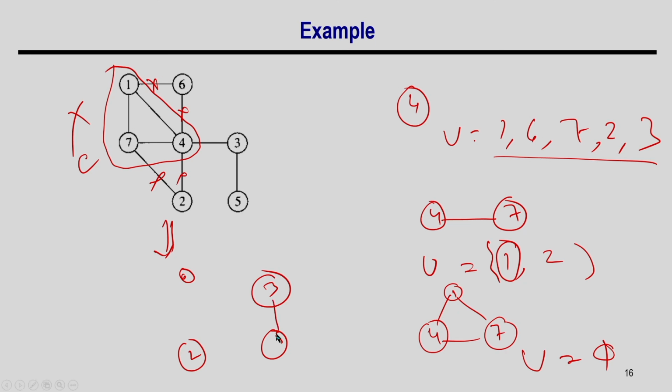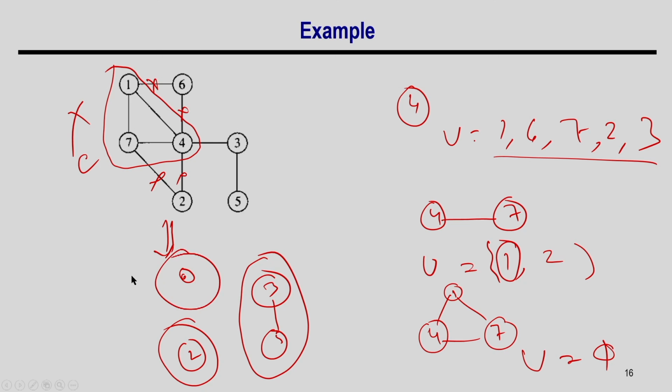I can see only one node has degree 3. So, in the next iteration this will find a clique, and then this will be another clique, and this is another clique. So I have 4 cliques. This is 1 clique, and this is 1 clique, and this is 1 clique. So you can actually see that I need 4 colors, and this is the mapping.